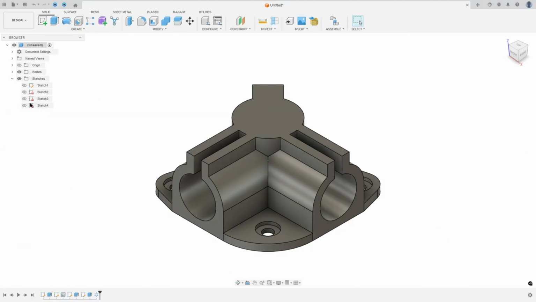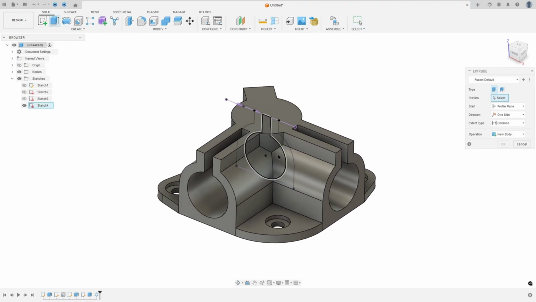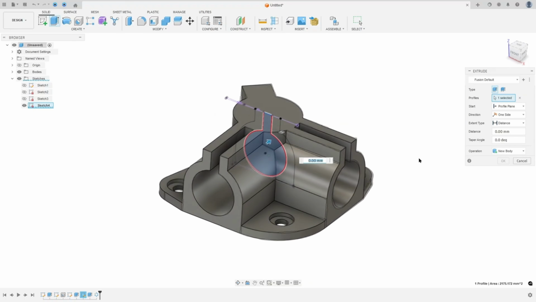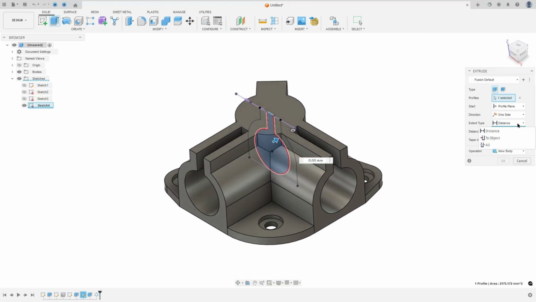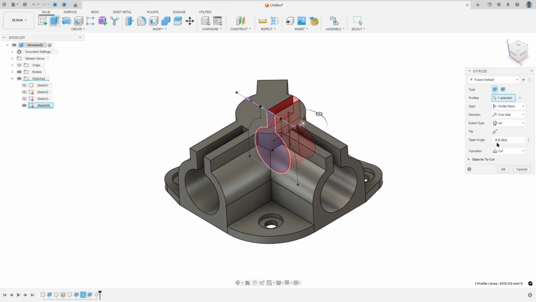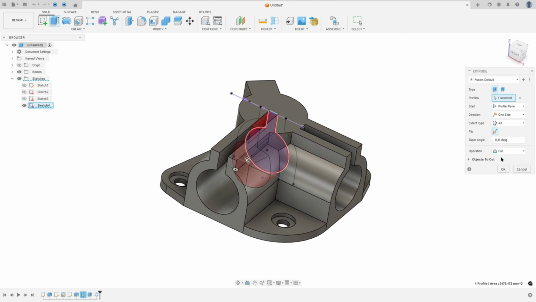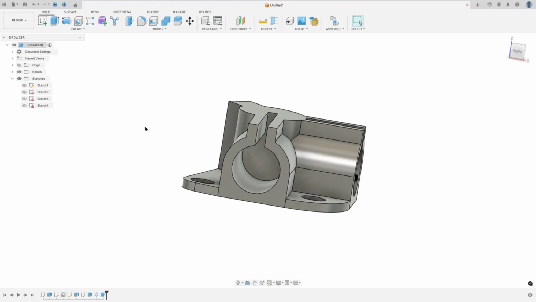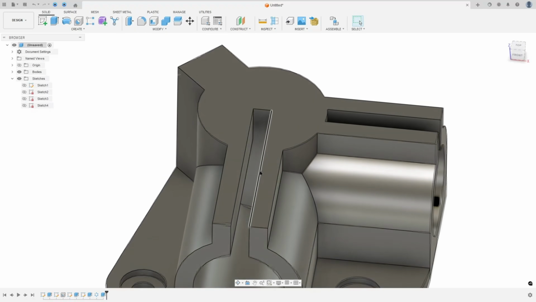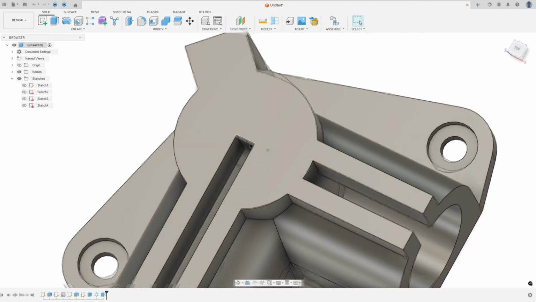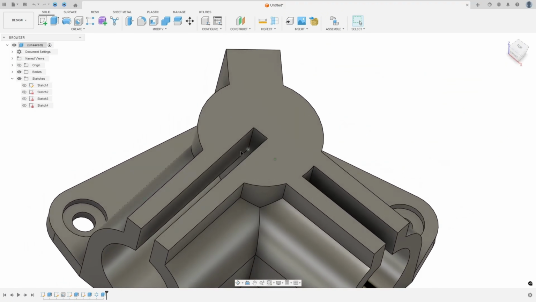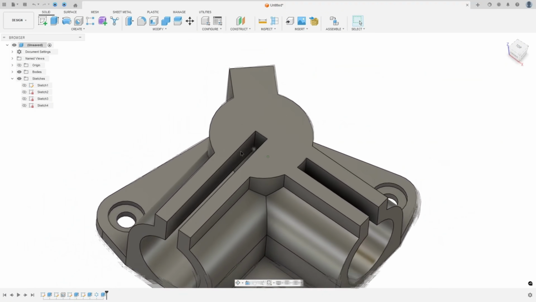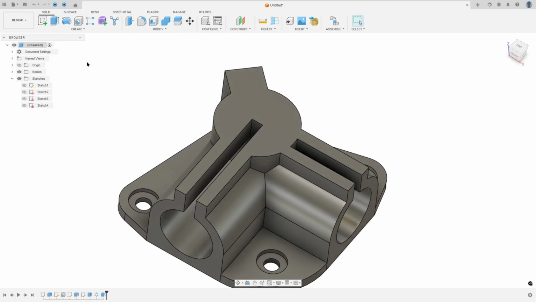So go to show the sketch 4, go to extrude, select this profile here, okay? And the extent type, select all and flip the direction, operation cut, and press OK. We made this cut here inside, the cut from the circle, okay, from the center of the part,